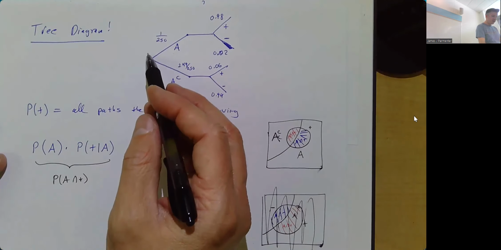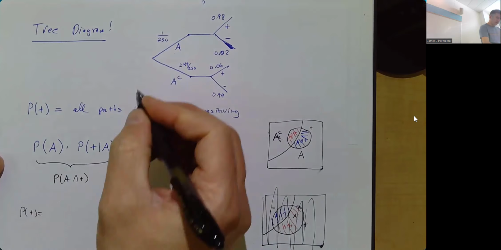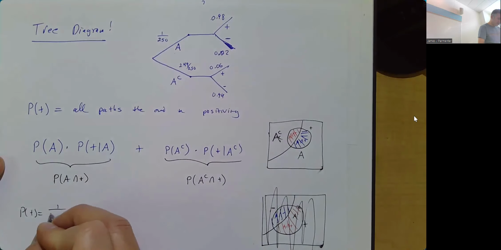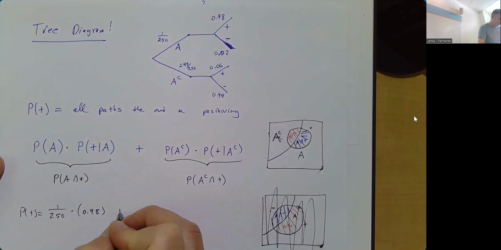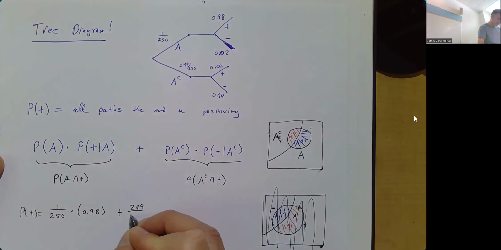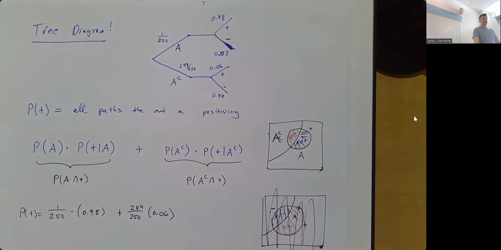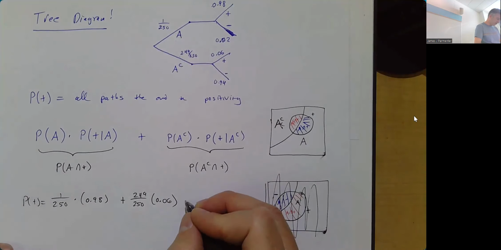we can say, okay, the probability of being positive is going to be this times that, plus this times that. And that's it. Relatively not terrible to calculate. It ends up being approximately